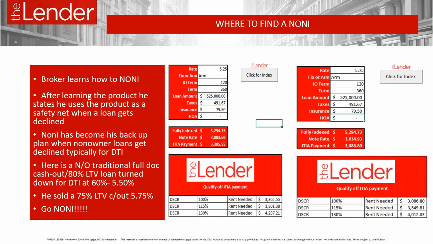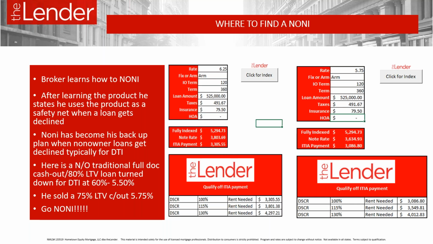Hey, Houston, we have a problem. I messed up on your debt ratio. You don't have a loan. Hey, Mr. Broker, here's a 6.25 rate. The guy makes 1 point lender paid credit and lender paid compensation, and he sells his deal.